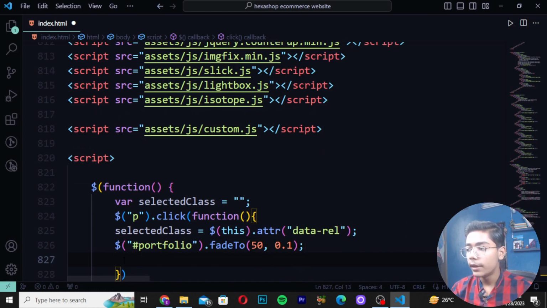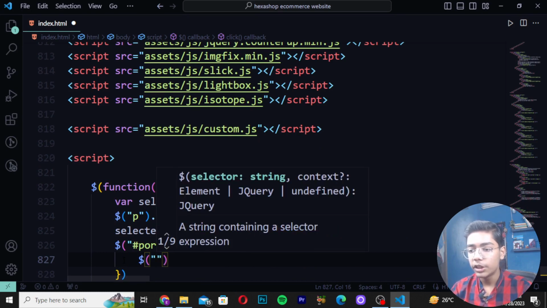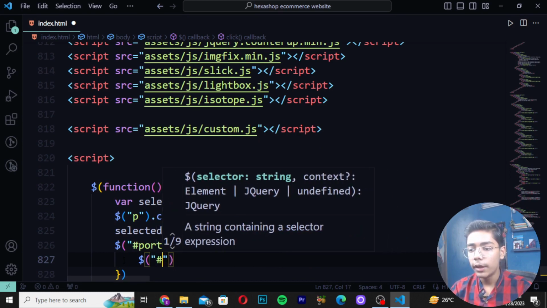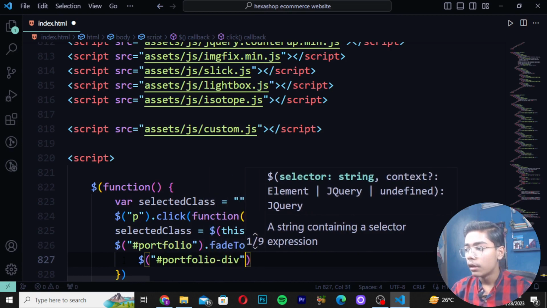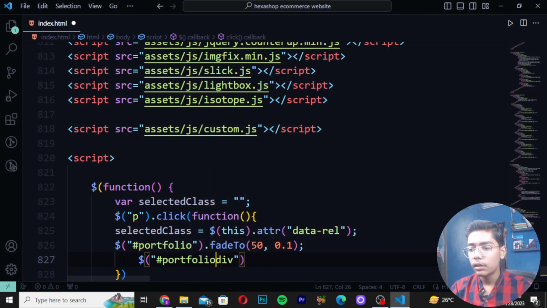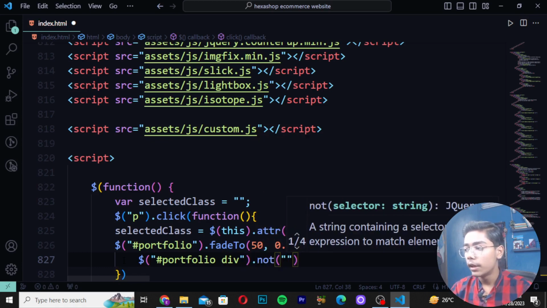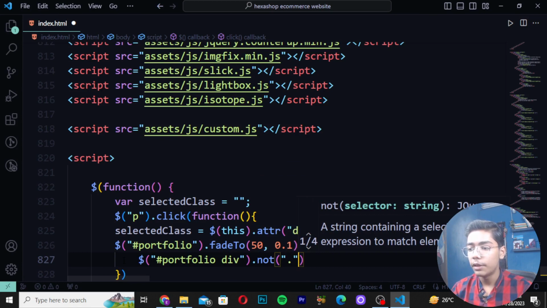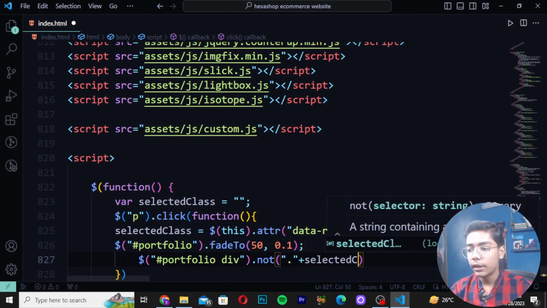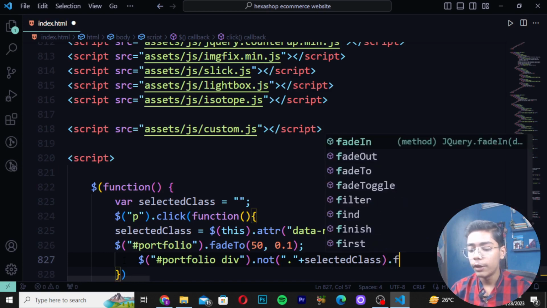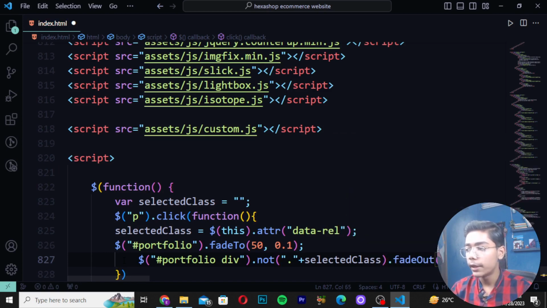move forward, and then write this $ sign, and then hashtag portfolio. So here I will be writing hashtag portfolio dash div, or you can also write just div normally by giving a space, and then I will be writing :not, which is the class, and then plus selected class, and then here I will write fadeOut, make this bracket here,